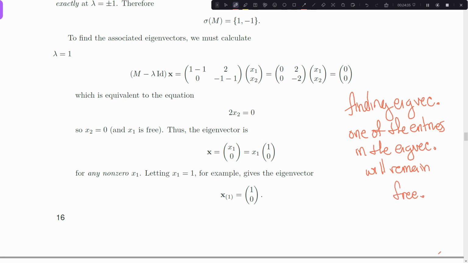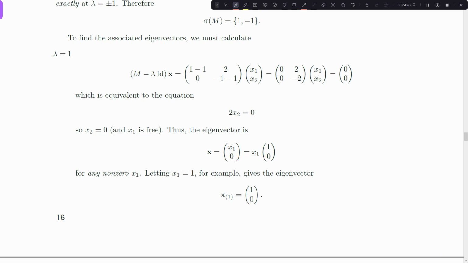Okay, so in this case, x1 is the one that's remained free, and x2 has been set to 0, so we keep x1 free, we set x2 to 0. If I want to, I can pull x1 out of that vector. And I know that this is an eigenvector for any non-zero x1. For example, to make my life easy, let x1 be equal to 1, which gives me the eigenvector that I'm probably looking for. And I'm going to notate with a subscript. My subscript says associated